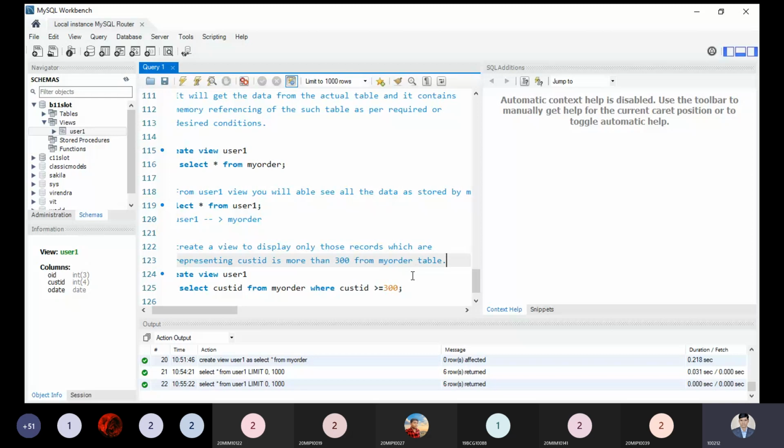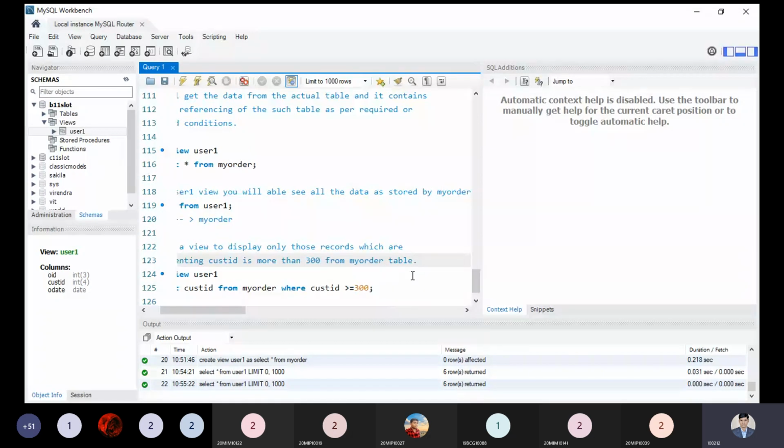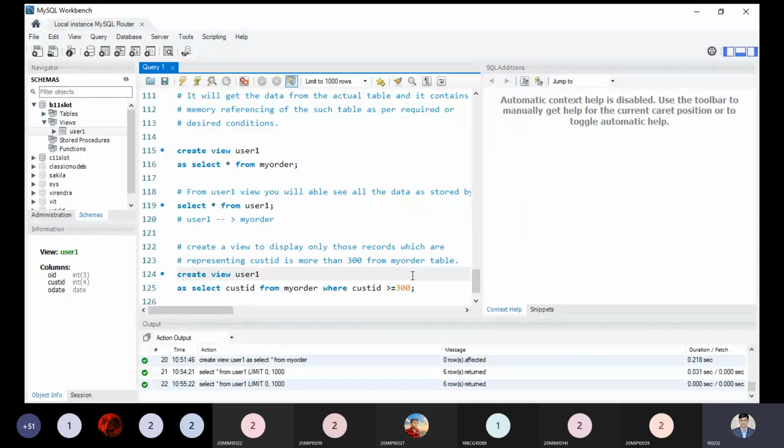This is our question, and we are trying to solve this question. So we created user one, and now we are creating user two. Now this is the syntax.